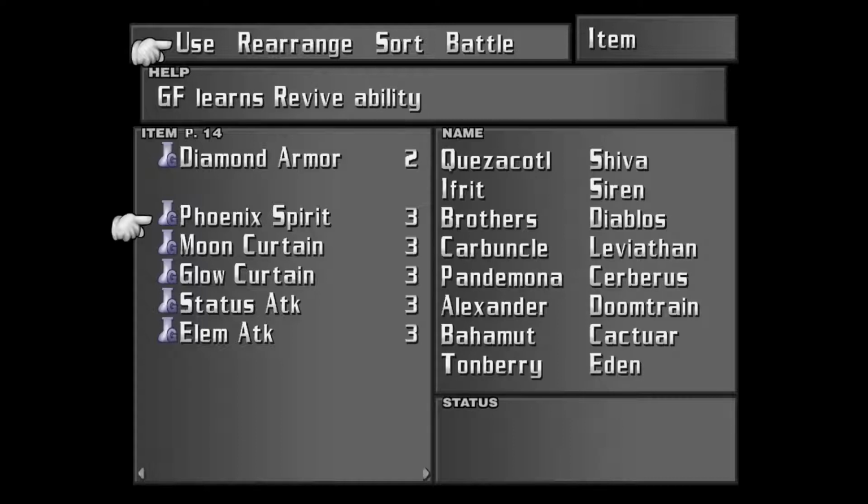Phoenix Spirit teaches Revive. If you want to teach Revive, you can. Not really the reason why I refined the card. Auto Shell, you could get Auto Shells if you care. I'm usually relatively protected against magic, so that's not a big deal for me. Auto Reflect, again, not really worried about magic so much, but it does protect you against more spells. I think Meteor and Ultima go through Reflect. I'm not sure if anything else does either, but...